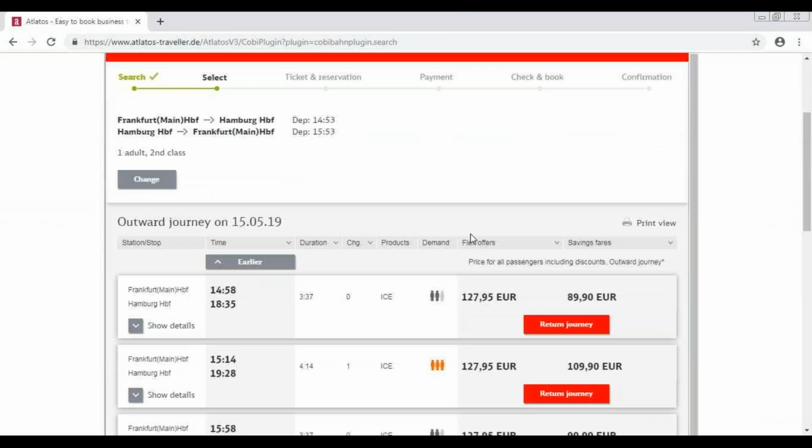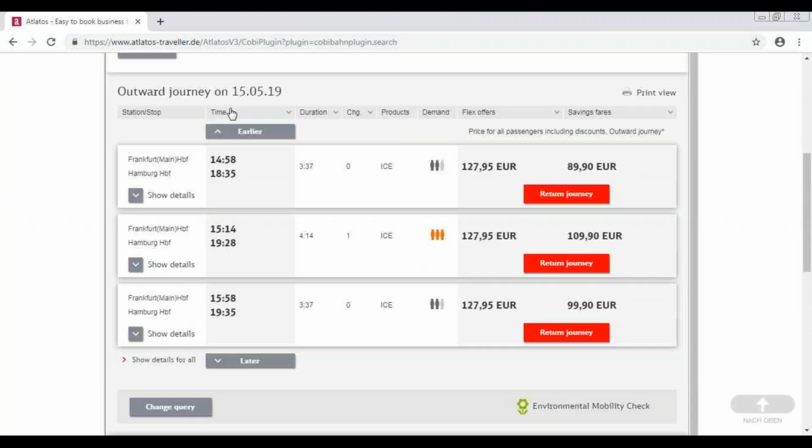You can now click on search, showing the journeys here, the stations, the stops. You can have the details here, the times, the arrival time and the departure time, the duration of the whole trip, and the prices, 2 different ones, the saving fares and the flexible fares. Then you click on return journey,